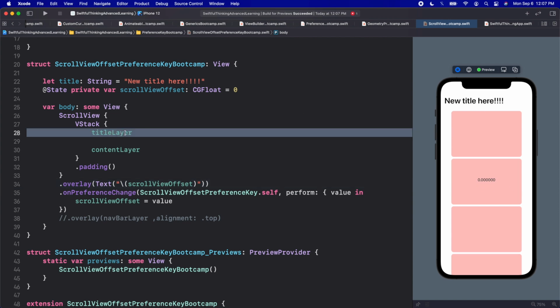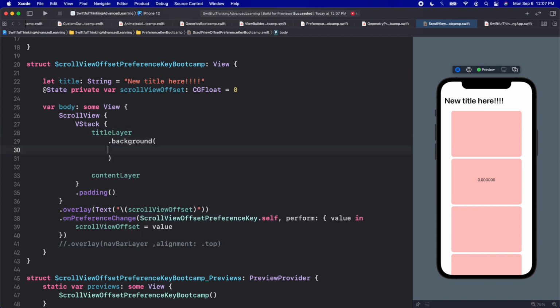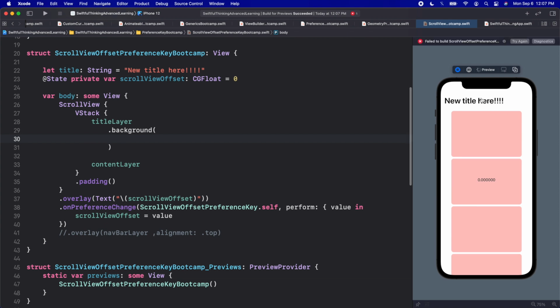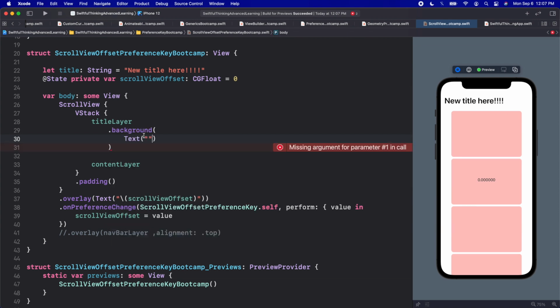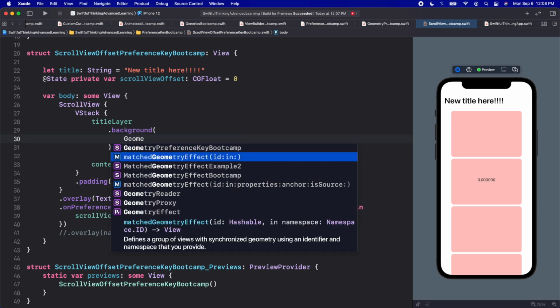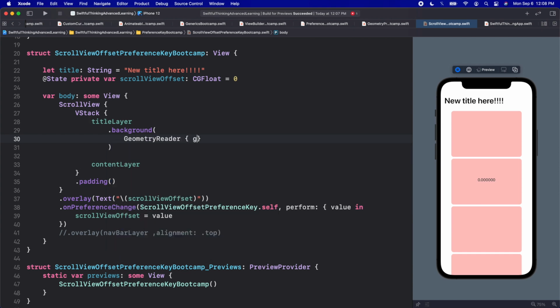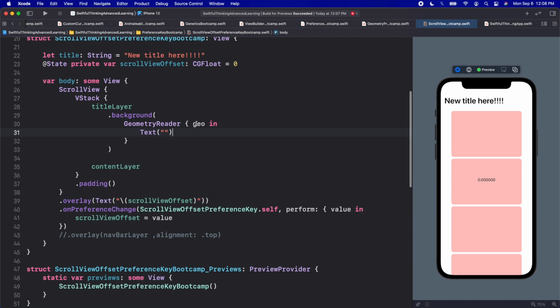So on this title layer, we're actually just going to add a .background. And it's going to be a fake background that we're not going to actually be able to see. So I'm just going to add a blank text here. And I want to put this text, and I want to get the geometry of this text. Where is this text on the screen? So what we're going to actually do is put it inside a GeometryReader. Open brackets, geo in. Put the text on the screen, and now we want to know where is this geometry in